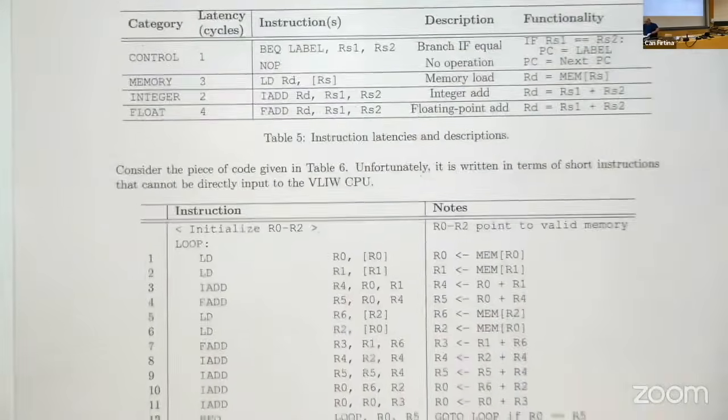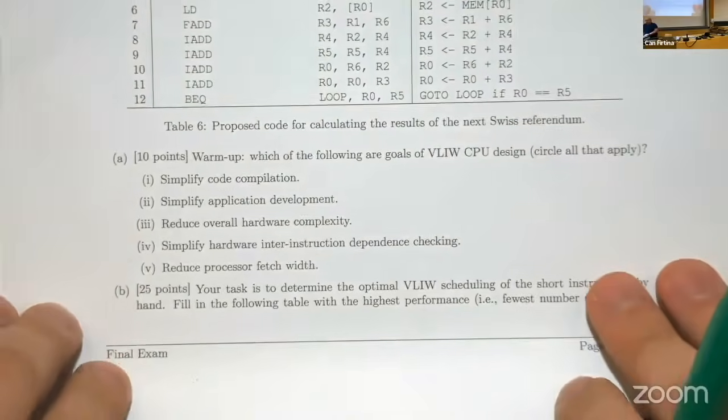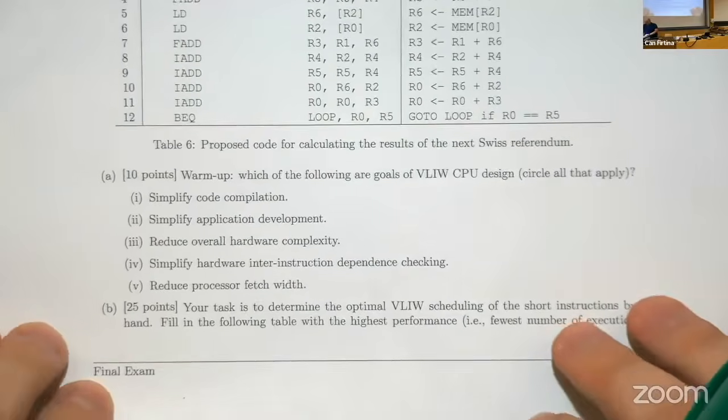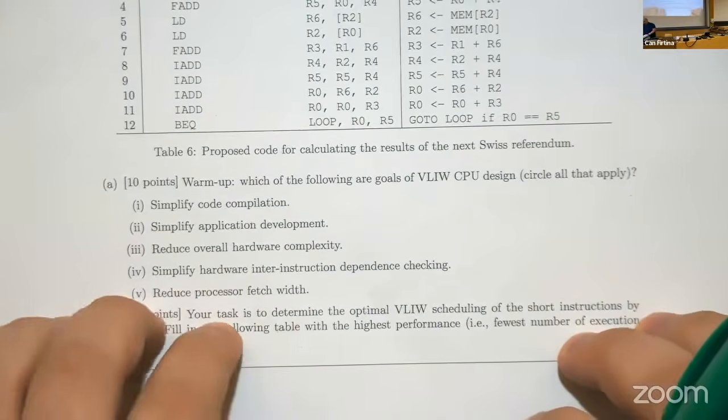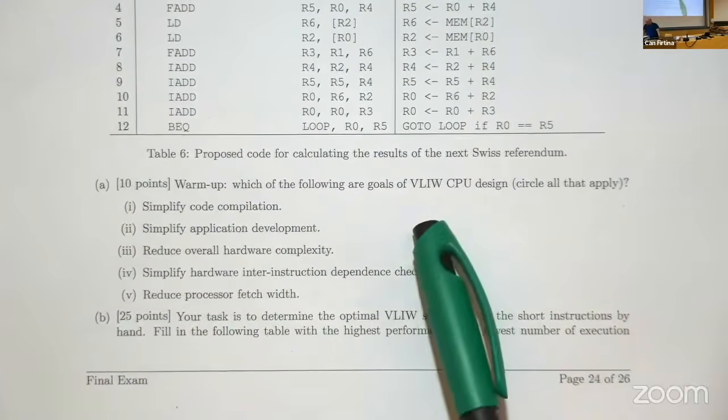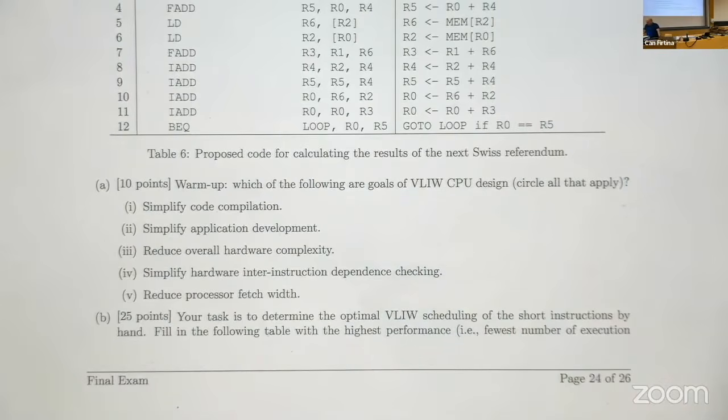However, before we get into that, we have a warm-up question. This warm-up question asks us, which of the following are goals of VLIW CPU design? And they ask us to circle all that apply. The options here are simplify code compilation, simplify application development, reduce overall hardware complexity, simplify hardware inter-instruction dependence checking, and